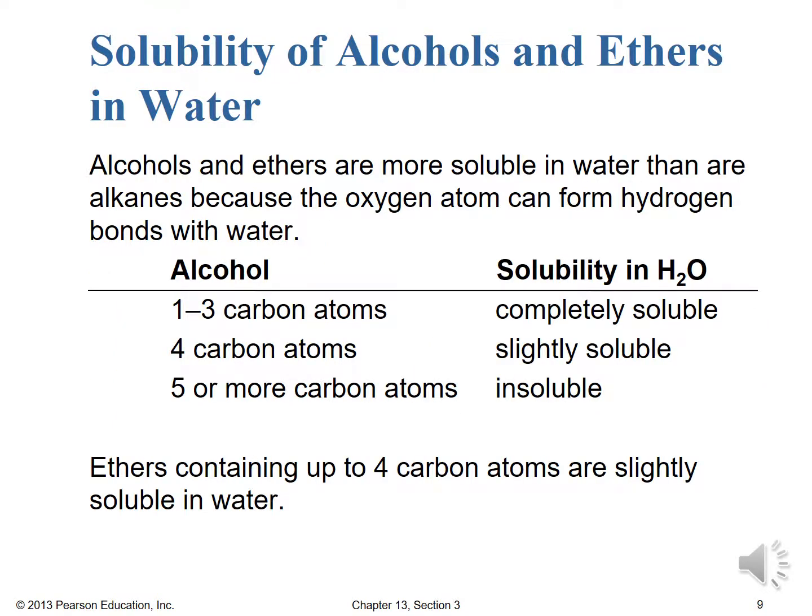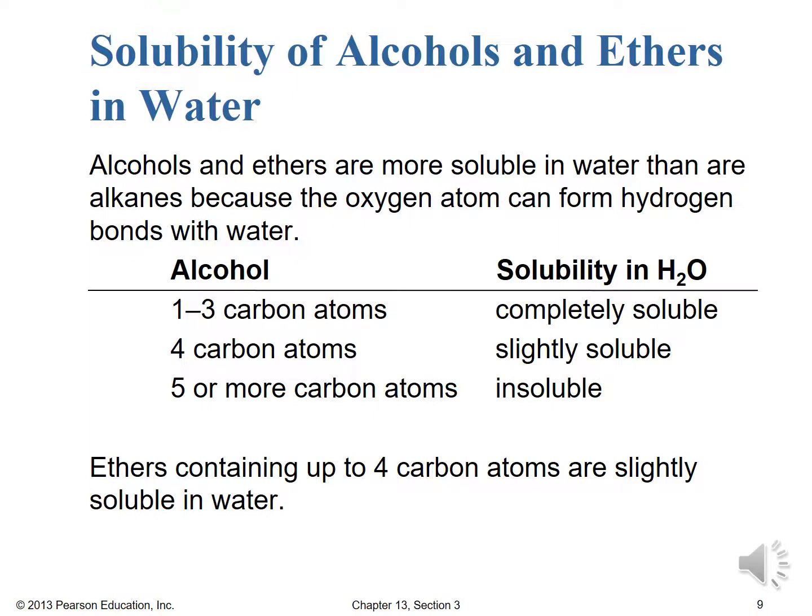All right, I mentioned it in passing before, but here's a slide where we address it directly. Solubility of alcohols and ethers in water. Alcohols and ethers are more soluble in water than alkanes because the oxygen atom can help to participate in hydrogen bonding with the water. So for the alcohols, if we have a small alcohol, 1 to 3 carbons, they're typically completely soluble in water. So things like methanol, ethanol, propanol, or isopropanol,